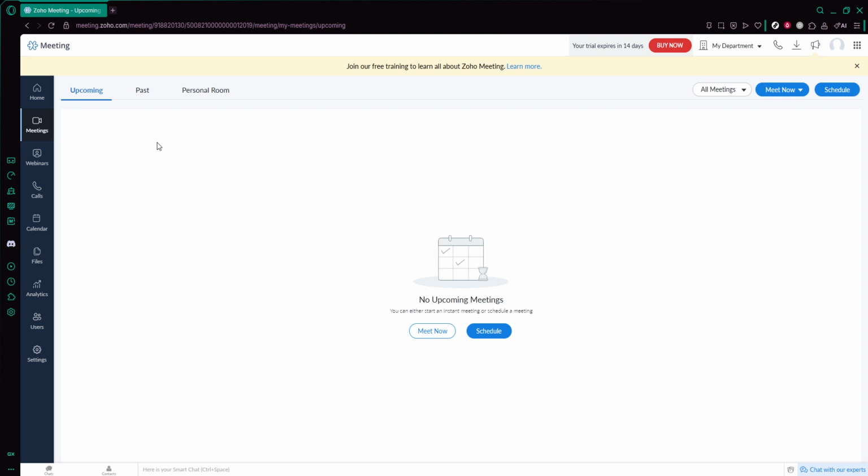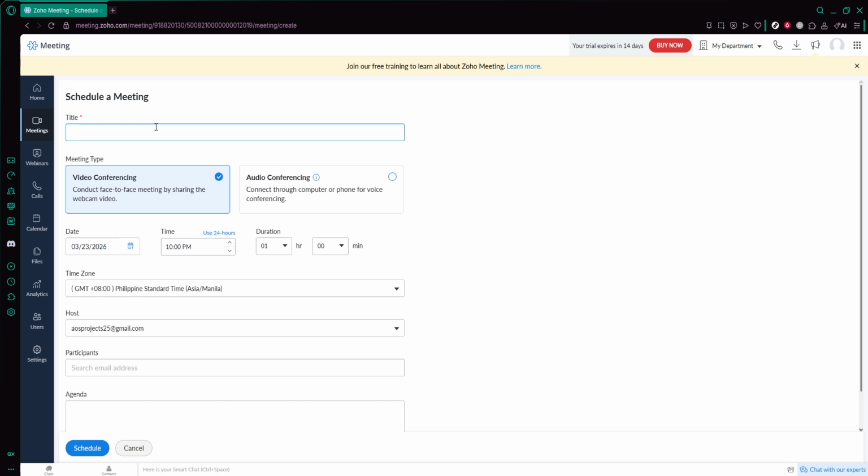If you're new to this feature, this page might be mostly empty at first, but that's exactly what we're about to change. Now, once you're on the Meeting Rooms page, you'll see an option to create a new room. Look for a button that says Create Room. This is usually located near the top of the page, often on the right-hand side. Go ahead and click Create Room to begin setting up a new space that you'll be able to use repeatedly